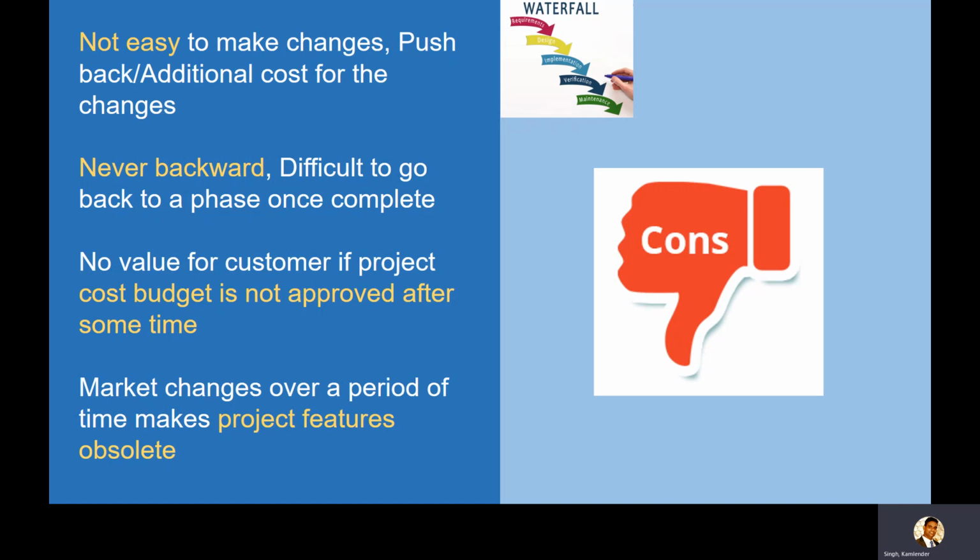But what would happen if the cost budget, let's say the project is a 5-year project, is not approved, and as we all know, yearly these cost budgets are approved and released. What would happen if there is a crisis? A crisis like COVID that all of us have seen, wherein cost budgets are not approved after year 2. So design is complete, requirement is done, the customer has spent a lot of money on this project, but at the end of it, what they have is the output of the requirement phase and the design phase, which is heavy documentation, nothing else, no value. So if the cost budget is not approved, there is no value for the customer other than that heavily loaded documentation in their hands.